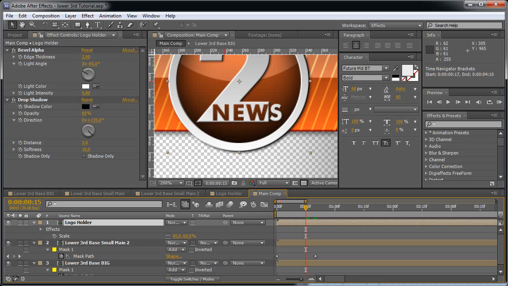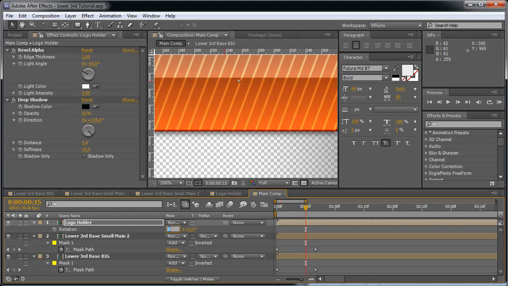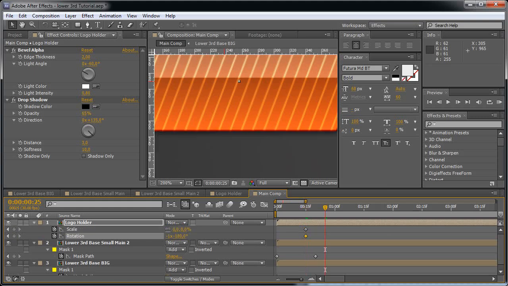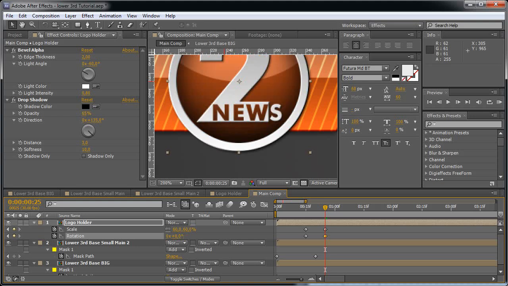Let's animate the scale, set this to 0, and hit R for rotation and set this to -1 and 108 actually, like so, and set a keyframe, move 10 frames forward, set this to 60 and set this to 0, and